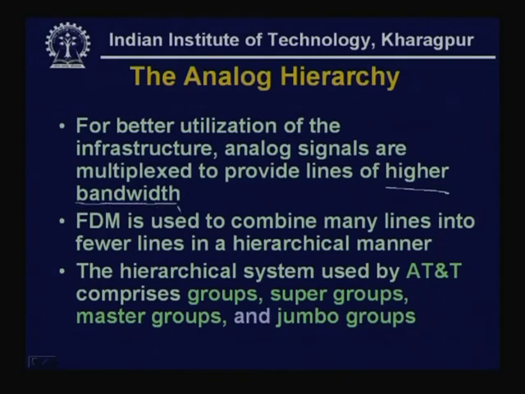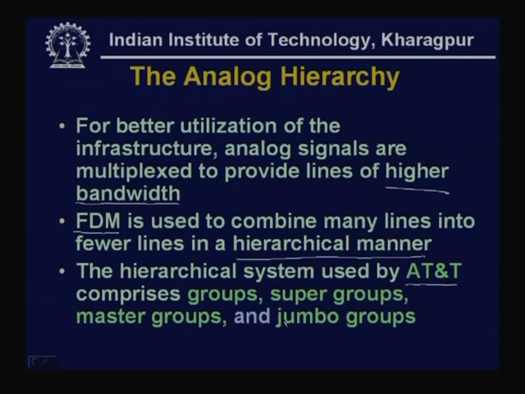So, you have to combine several signals or several low bandwidth channels to form a high bandwidth channel which can be sent through transmission media of higher bandwidth, and frequency division multiplexing is used to combine many lines into fewer lines in a hierarchical manner. There are a variety of hierarchies available nowadays. The hierarchical system used by AT&T